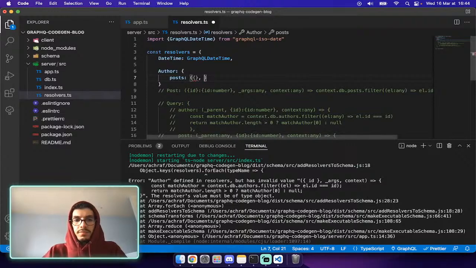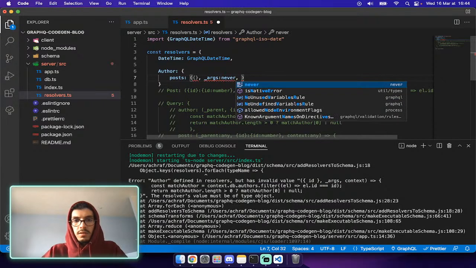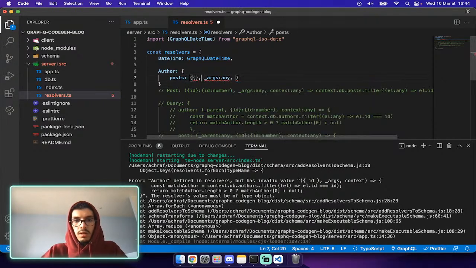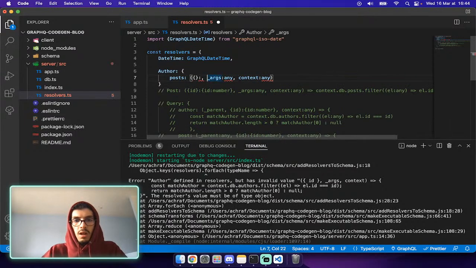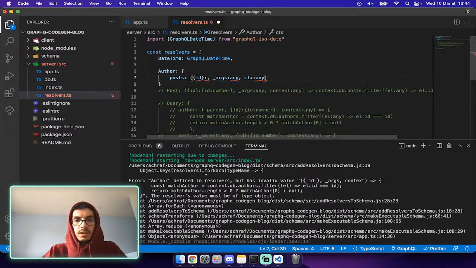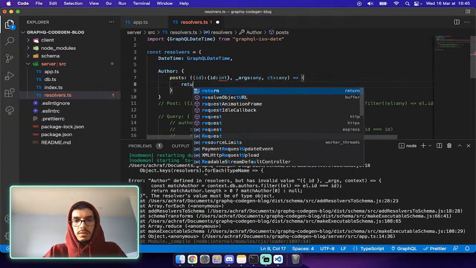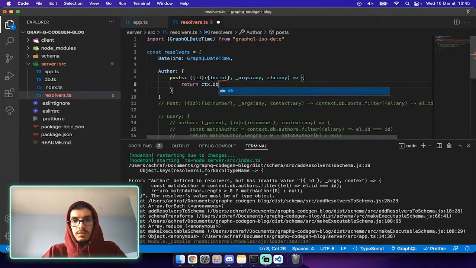Okay, args unknown, number or any, and context. Let's call it context like this. And here I'm gonna have ID, right? Or the author ID. It's gonna be an int, and it's gonna return context dot db dot